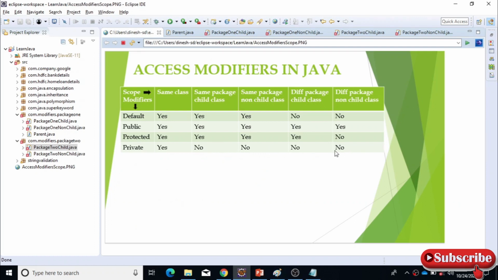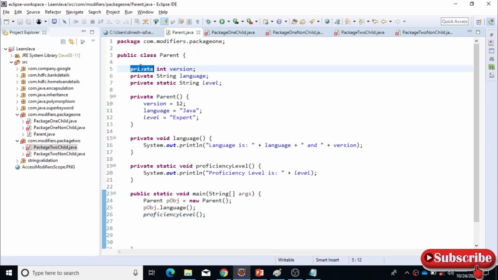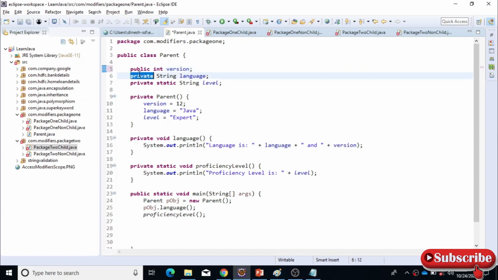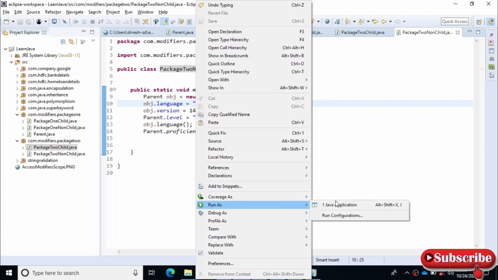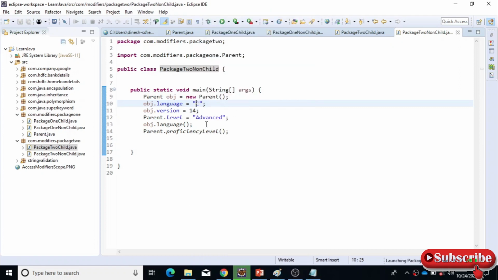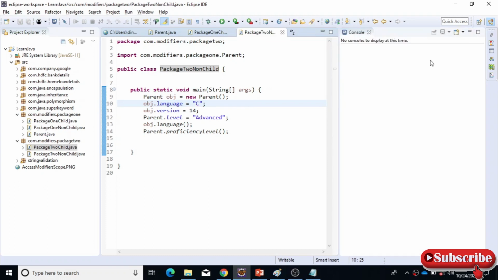So for other things I have mentioned it as no. So that's it with it. And if you change again to public, it will remove the issue for other classes. Okay, so it has removed it, right? So I'm just running it for reference here.